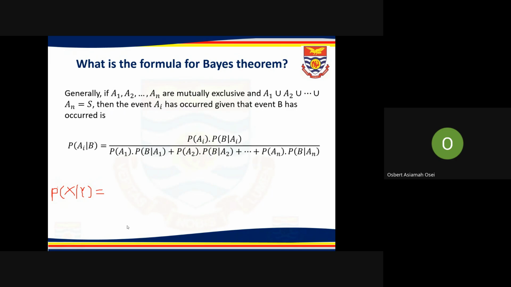Okay, how many of us have found it? Anyone to help us so that we can write it for everyone? Kwakubwama. The probability of X given that Y has already occurred is equal to the probability of X multiplied by the probability of Y given that S has occurred, all over the probability of S times the probability of Y given that S has occurred plus